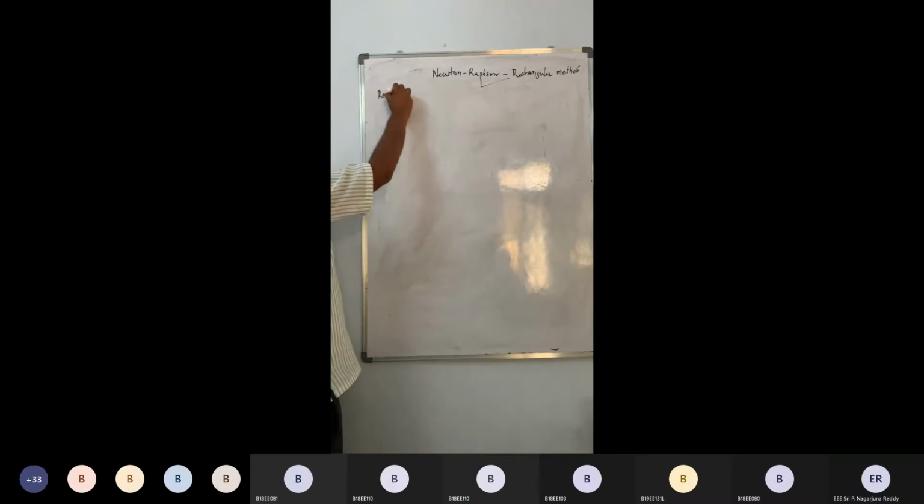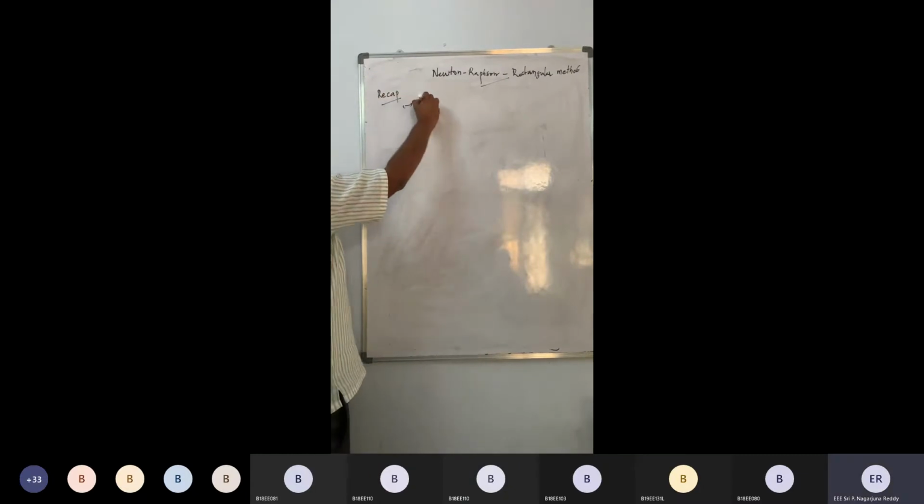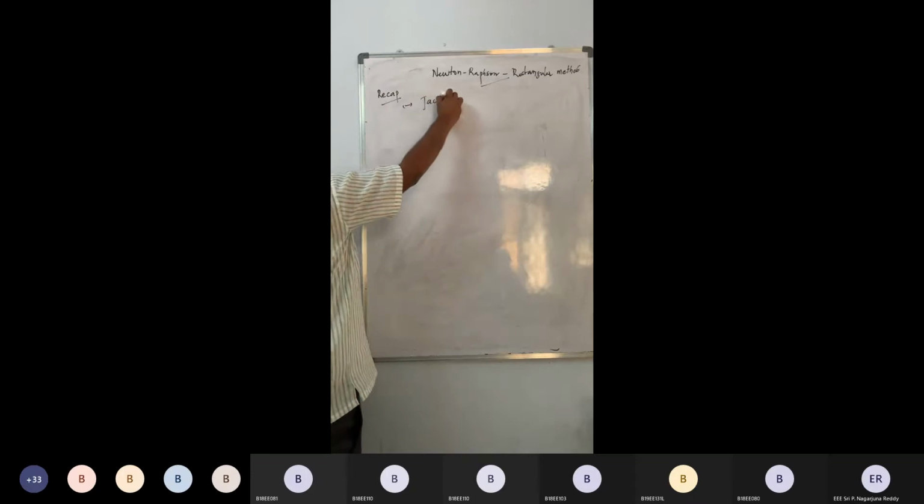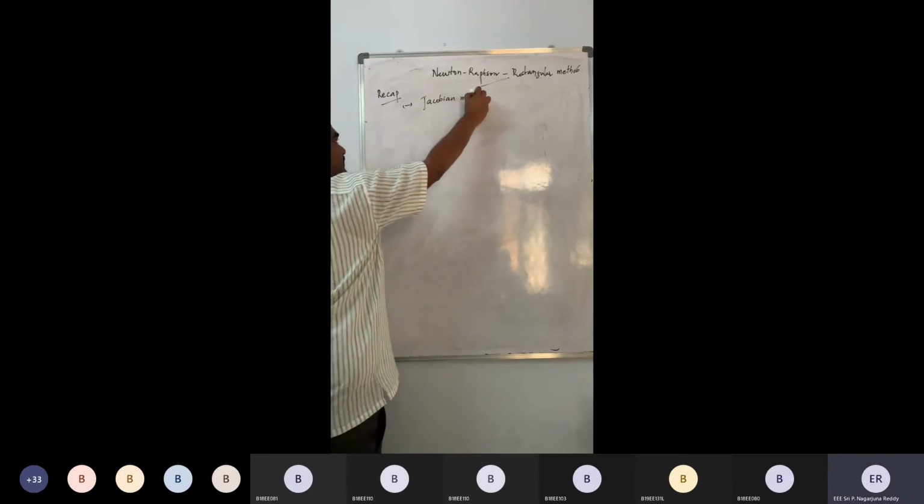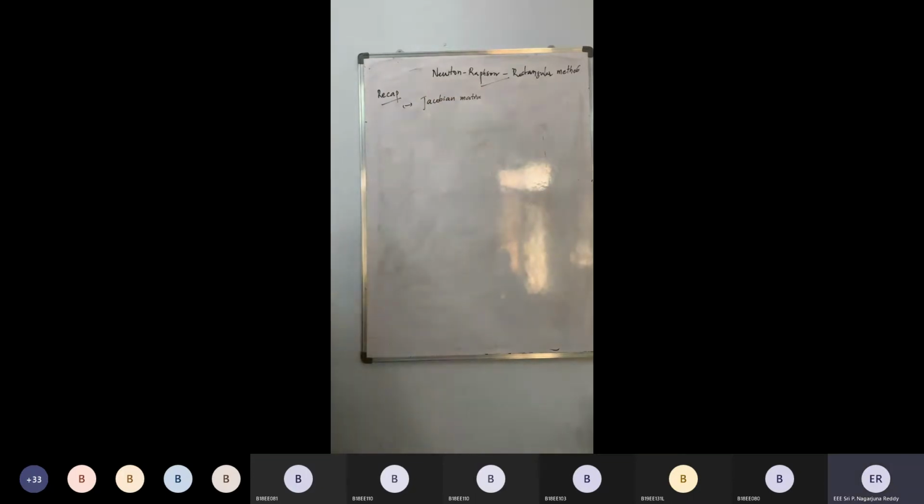Yesterday we discussed the Jacobian matrix in the Newton-Raphson rectangular method, and the major differences between